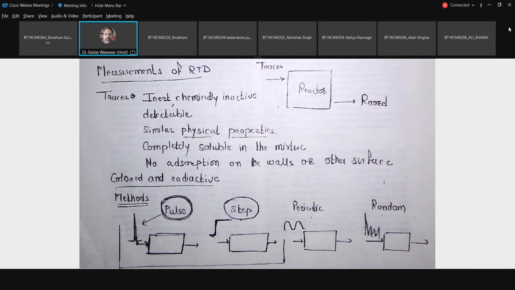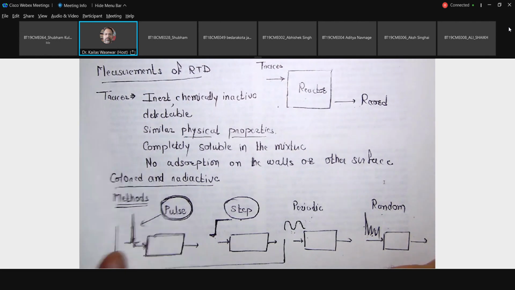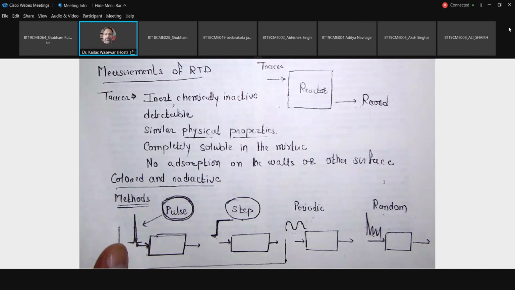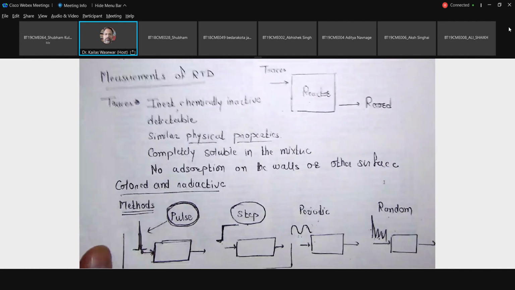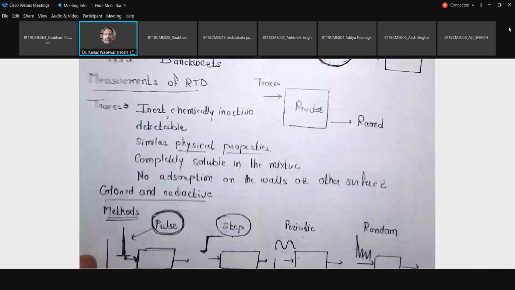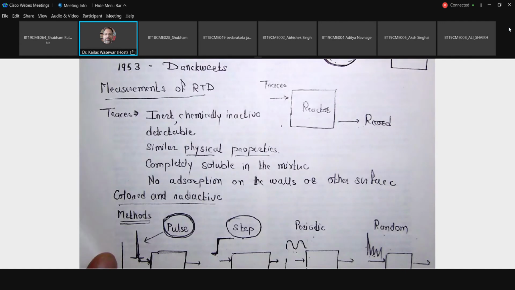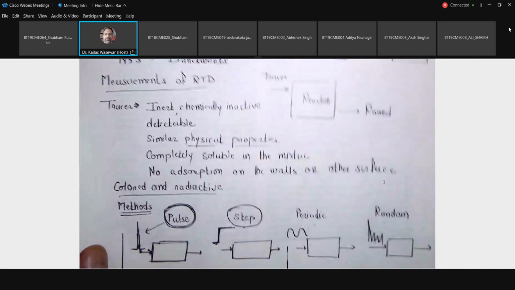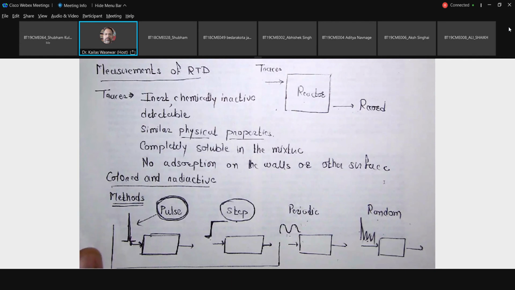Okay. So this is about the measurement of residence time distribution. Now we'll go for the pulse input. I think time is almost over now, so we can stop here, and from tomorrow we'll start the mathematical expressions involved in the pulse input measurement of residence time distribution. If you have any questions, you can put them in the chat box or ask me directly now.